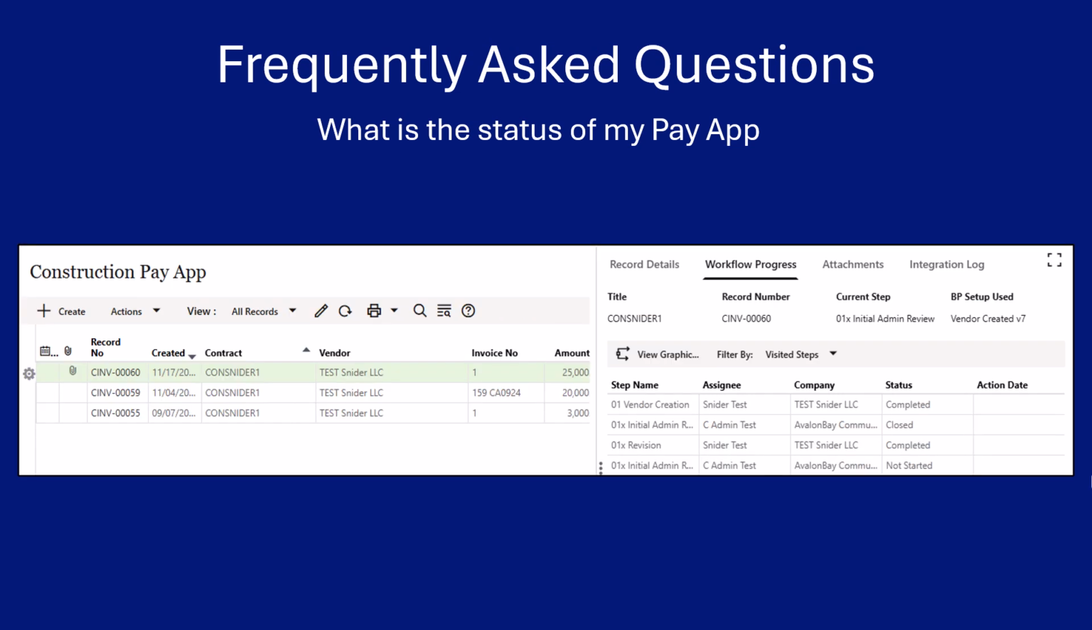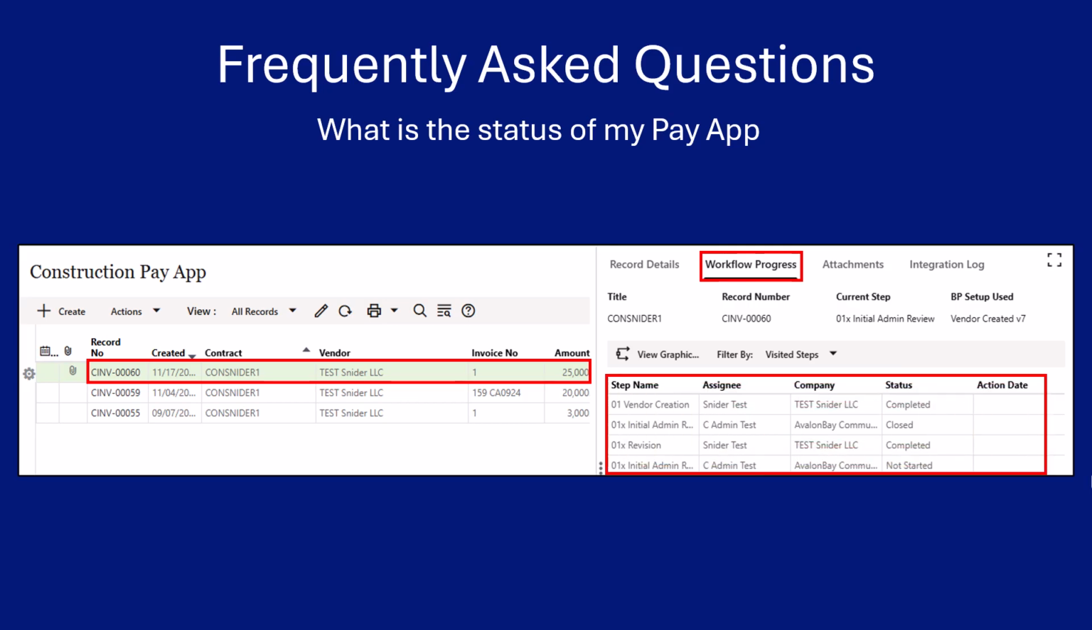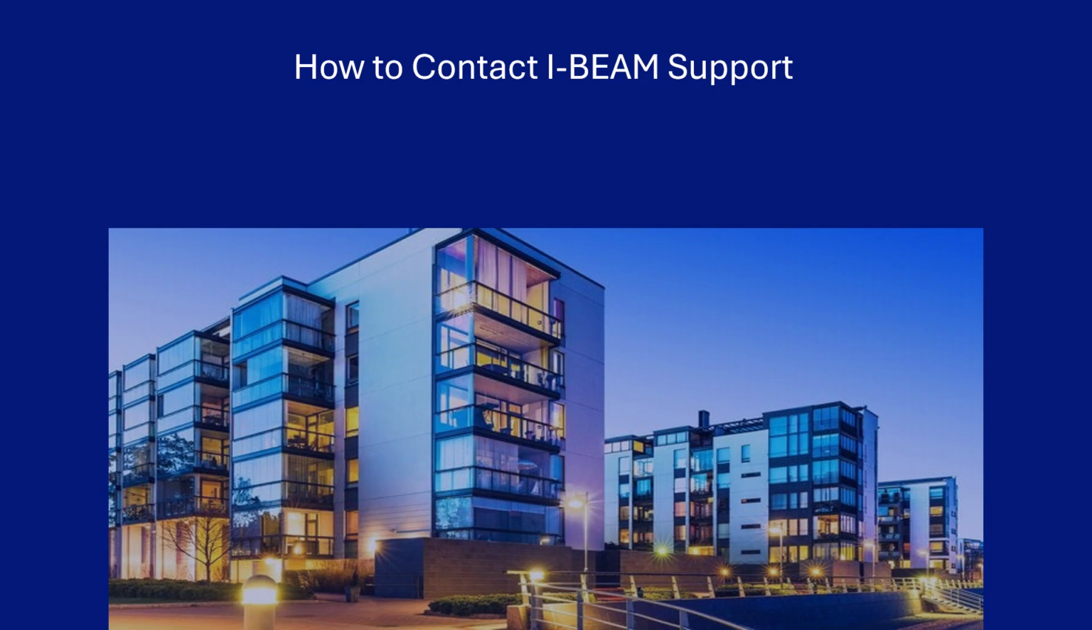If you need more detail on the record's status, single-click on the pay application record line. In the right-hand preview, click on Workflow Progress. This will show full details for who the record has routed to for approval and who the record is currently with. If you need assistance, please contact IBEAM support on the IBEAM support helpline at